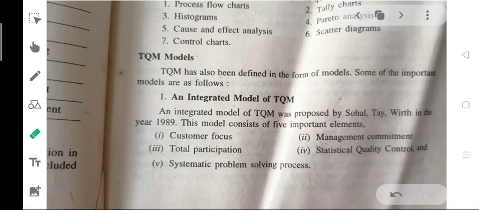To understand what is the TQM model. TQM has also been defined in the form of models, which we will try to understand, and we will discuss the important models. The first is the integrated model of TQM,